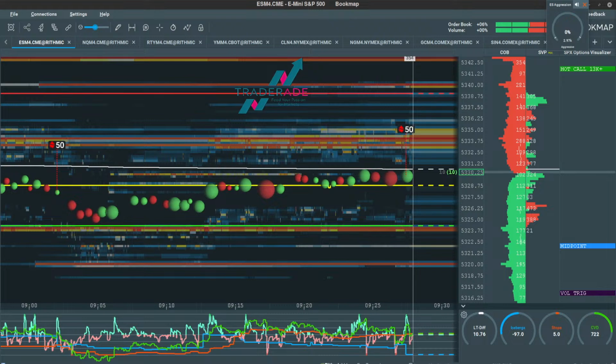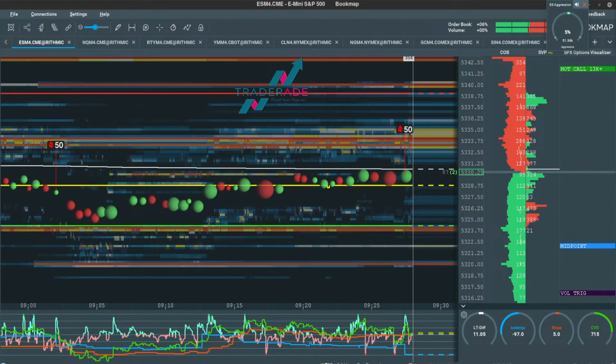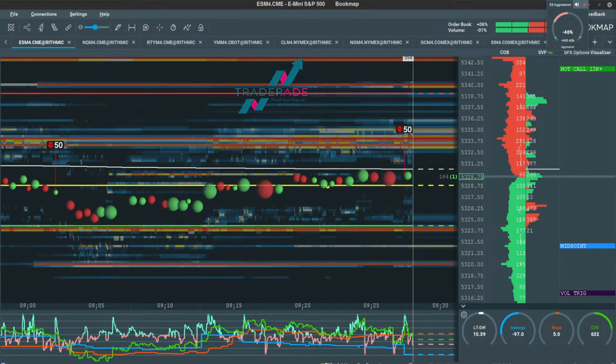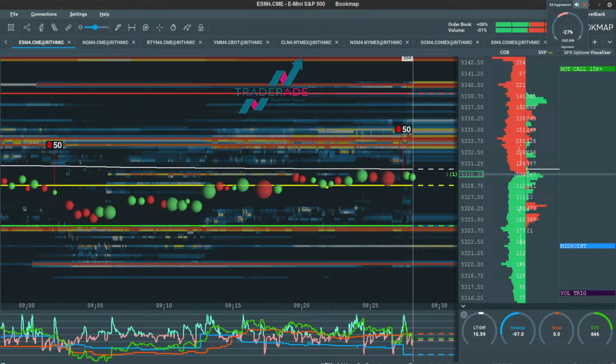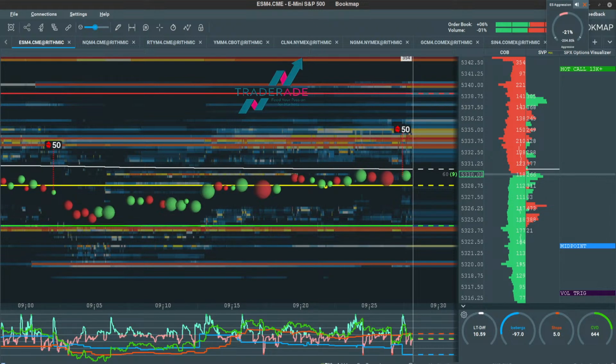So for stock trading, what I personally do is take smaller position sizes, or I control my risk using spreads and options. But I still think that Bookmap is valuable for stocks just as it can be for futures and, quite frankly, for crypto. I've been looking at Bitcoin more and more in Bookmap, and even looking at some of the